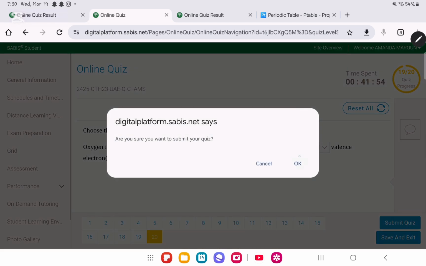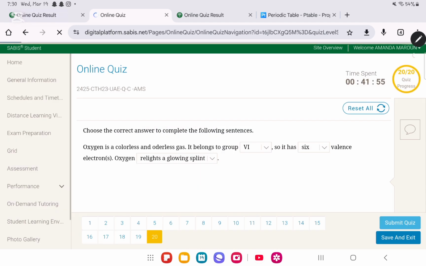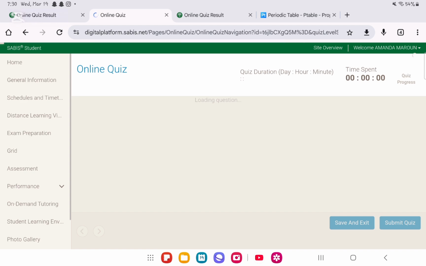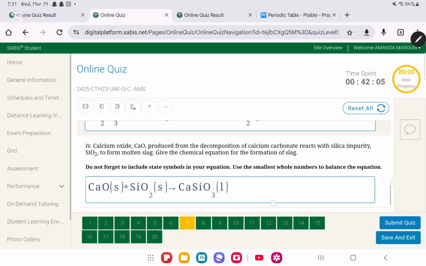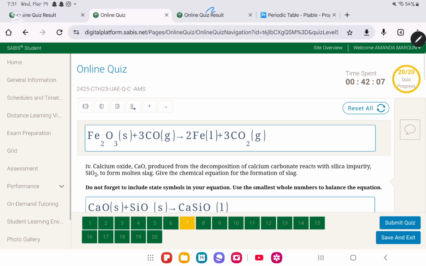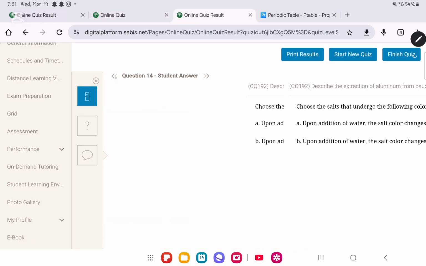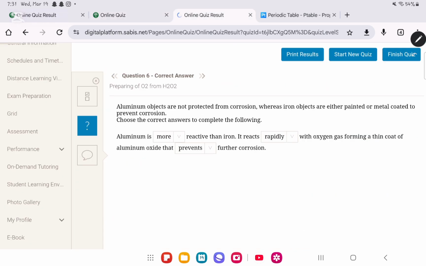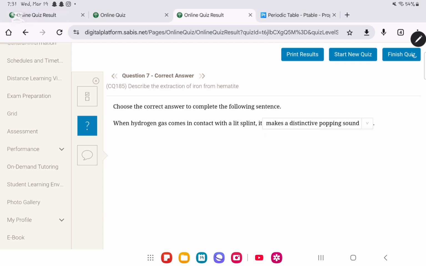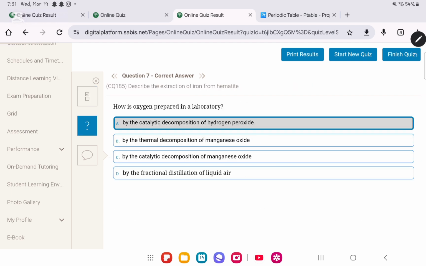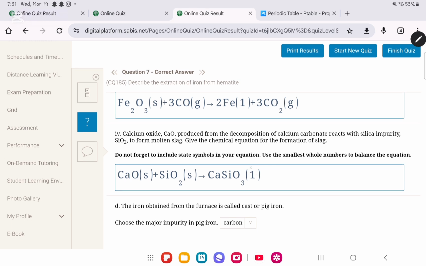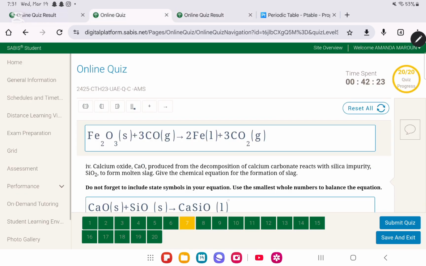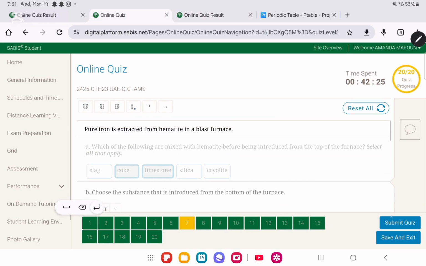That's it. Let's submit, and hopefully there are no mistakes other than this one particular question. Okay, let us see. Thank God there are no mistakes. This is the only question that is considered wrong because, as you can see in question number 7, whoever made the exam put it as 1, and it's supposed to be liquid, not 1. So this is the only mistake.